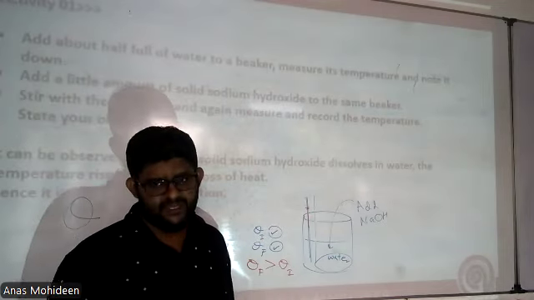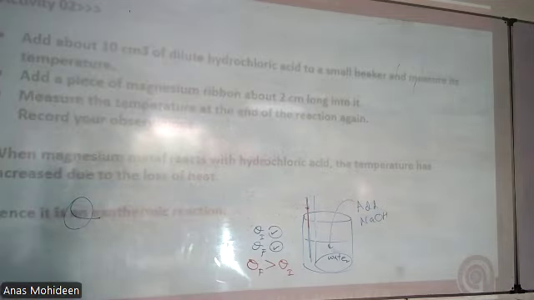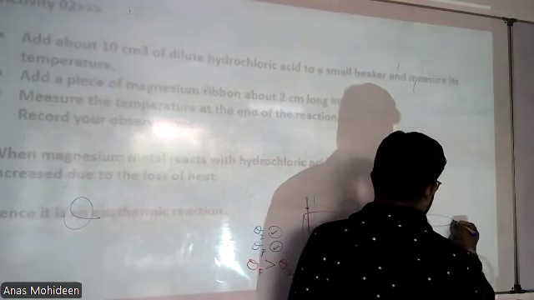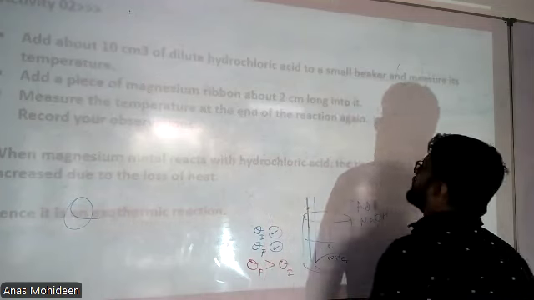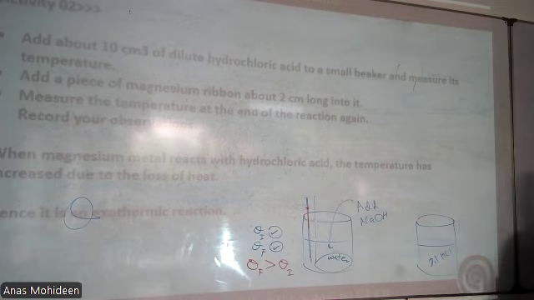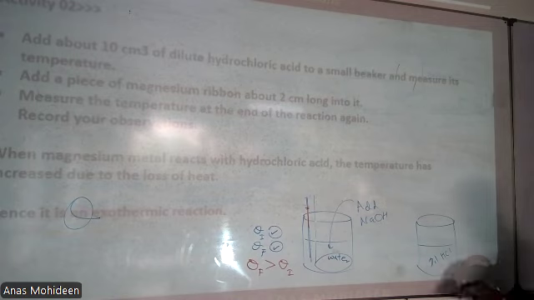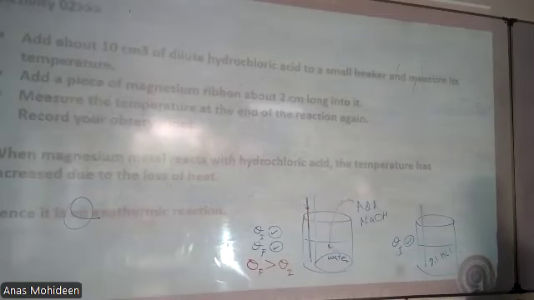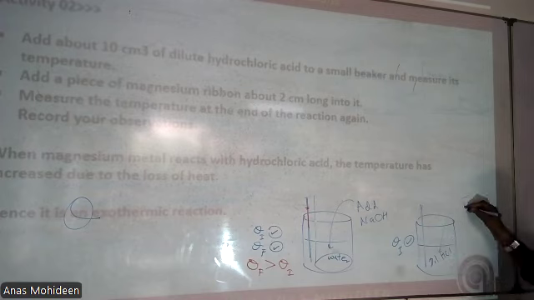Same like that, another activity is there. Here we're going to take another beaker. We have dilute hydrochloric acid. Dil means dilute. Diluted means more water contained, adding more water to a small amount of acid. So we measure the dilute hydrochloric acid and the startup temperature. Initial temperature I measure. And then I'm going to add